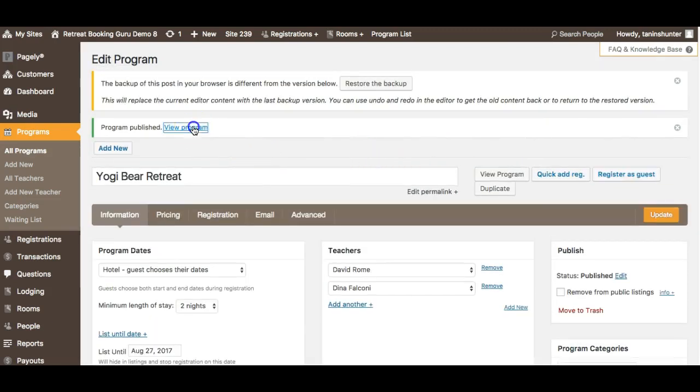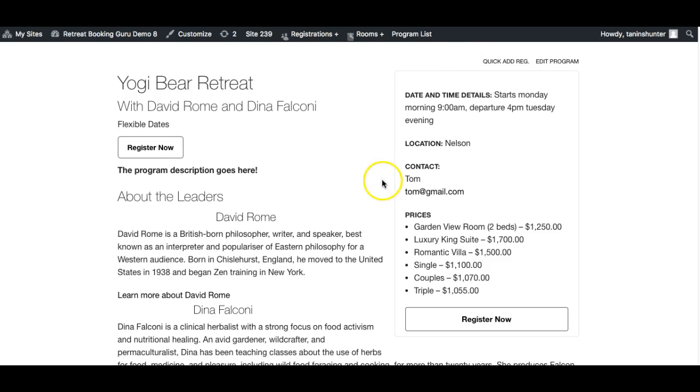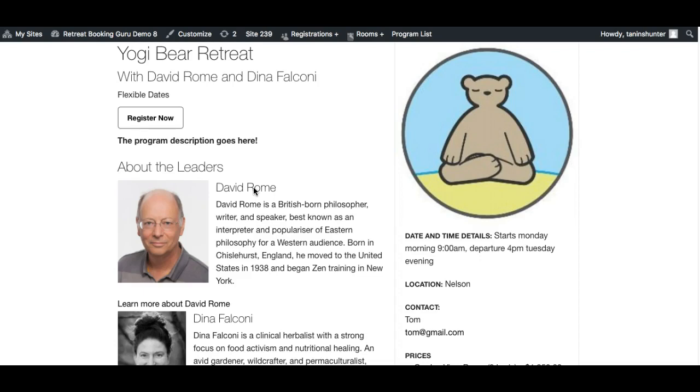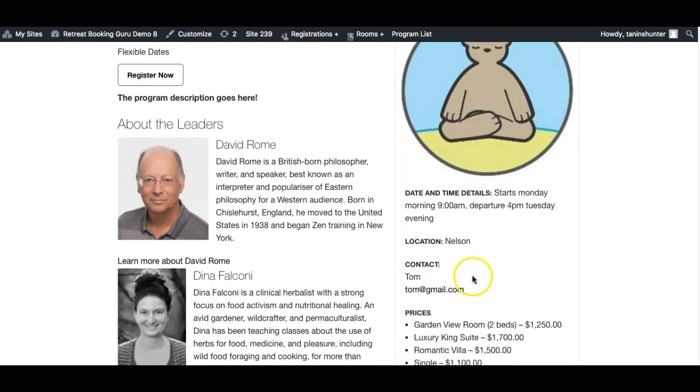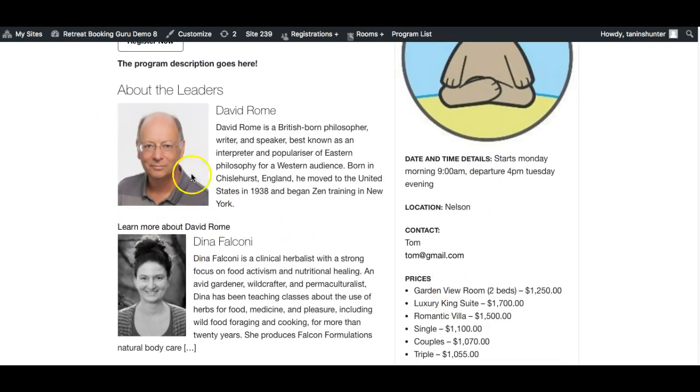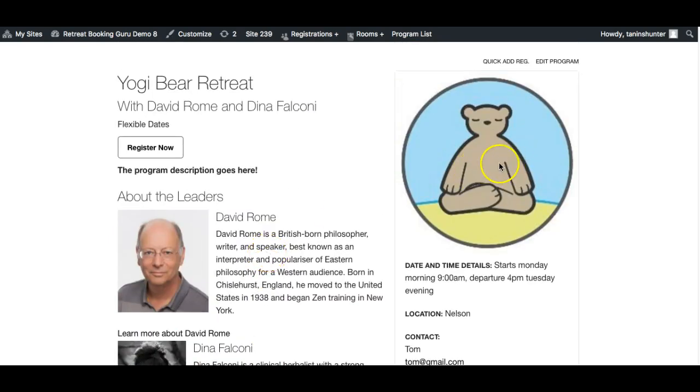Great, and then I can view my program here. Have a quick look at. As you can see, there's not much of a program description. There's flexible dates, wonderful. Is all the details or lack of, but you can see the details that were added here show up here. And here are the teachers that we dropped in. There's the featured photo. And now we're going to go ahead and do a test registration